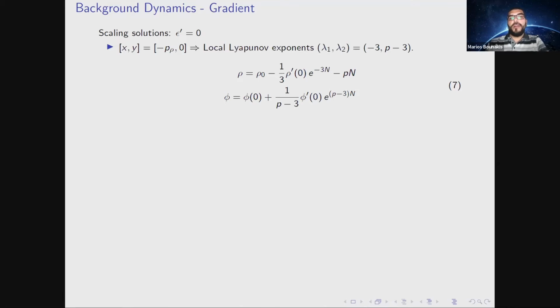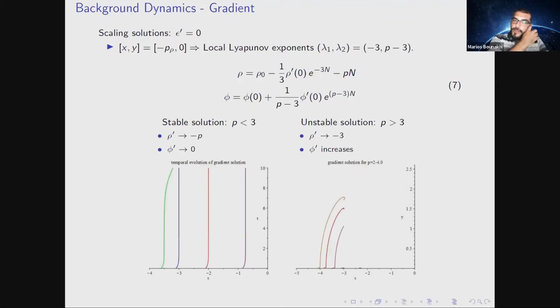Then we can calculate the local Lyapunov exponents, and depending on the potential parameter p, the solution is either a stable one for p smaller than 3, and then the field rolls down a radial trajectory while the angular velocity vanishes exponentially, as you can see from here. Or an unstable one in which the angular velocity increases when p is larger than 3. And you can see it here in the plots that as I increase this potential parameter p beyond 3,